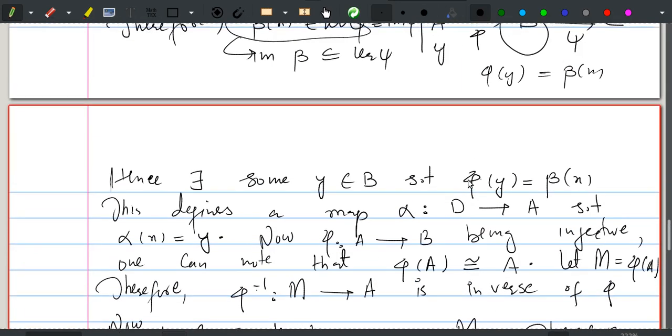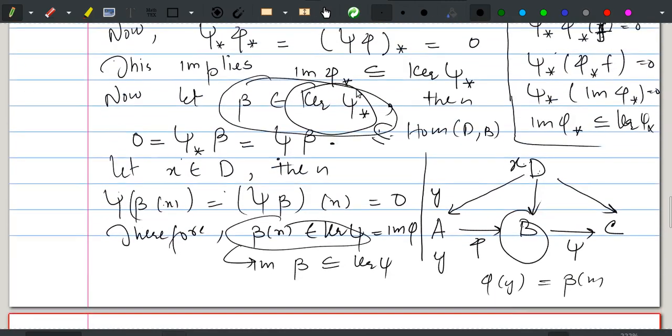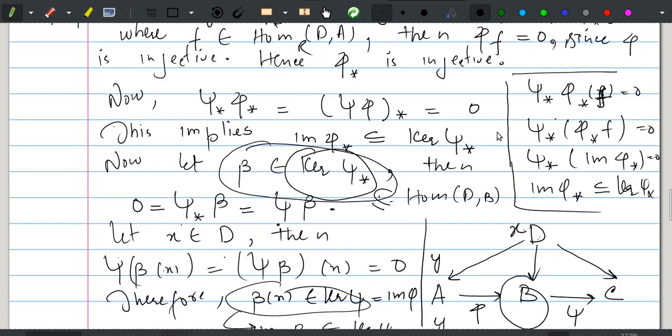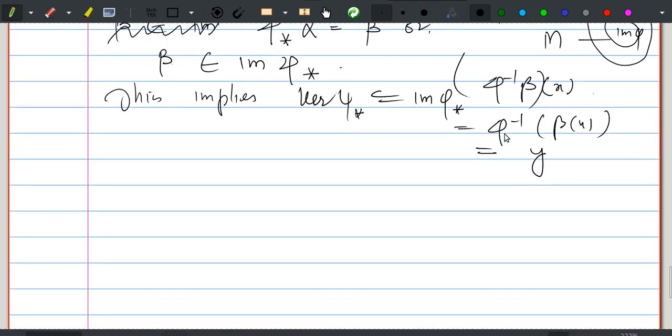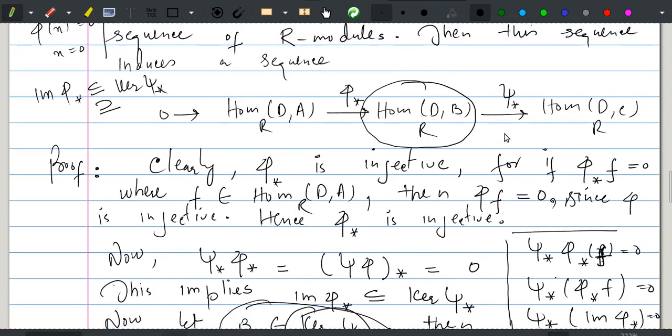Hence we are done, because we have already shown here that the other containment is true, hence they are equal. So this proves it. So one can note here, if 0 is coming out here, that means psi star is surjective,